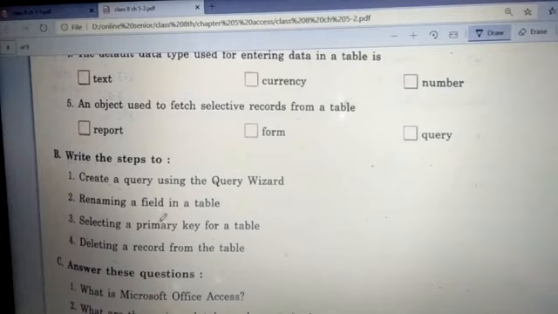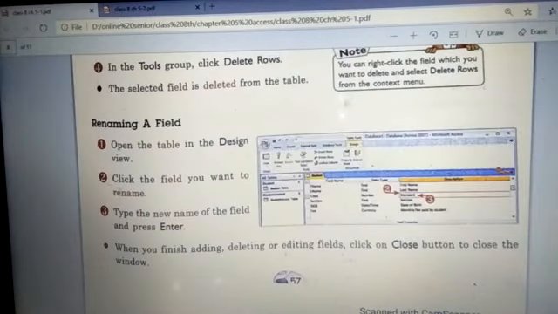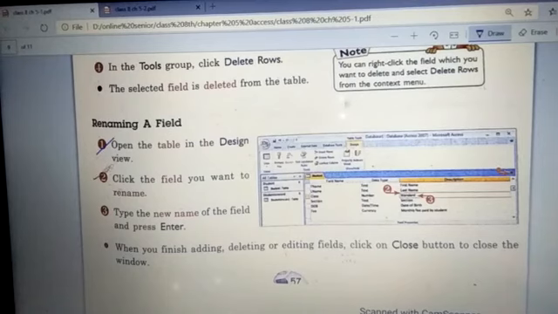So you have to write the steps for this also, and it is on page number 57, children. See, children, on page 57 here, renaming a field, it is written, right? And you will write all these steps, step 1, 2, 3 with this also, and you will make this diagram.